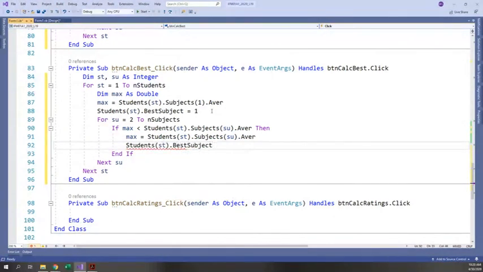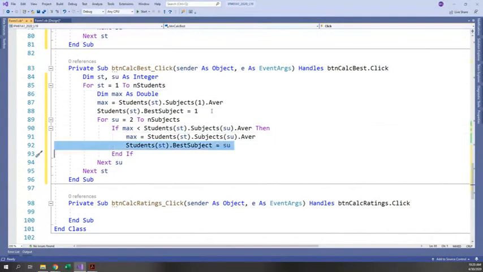And remember, where are we? Which subject are we looking at the moment? We are looking at SU. We are looking at SU subject,